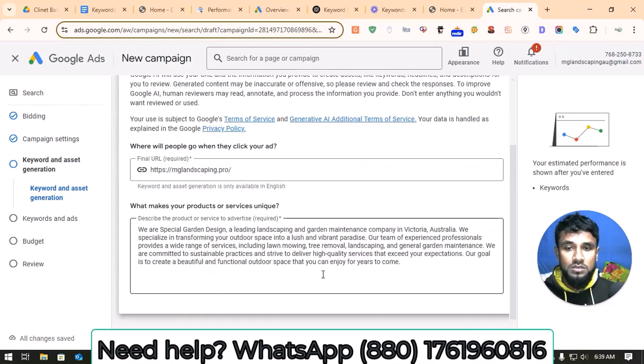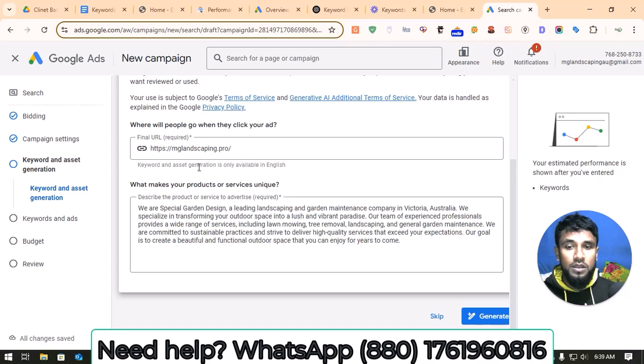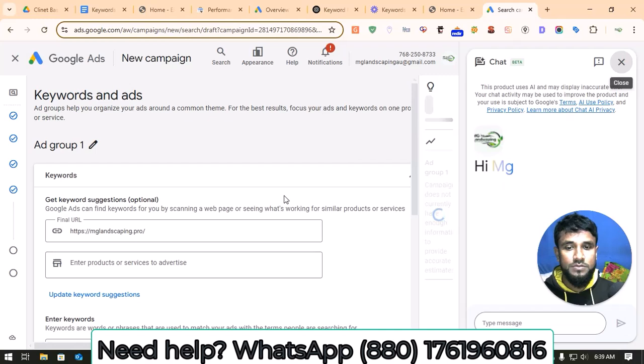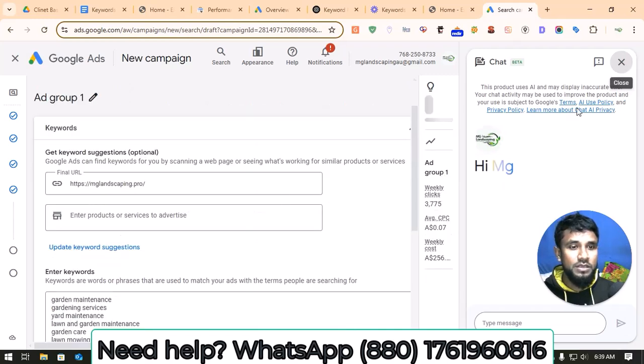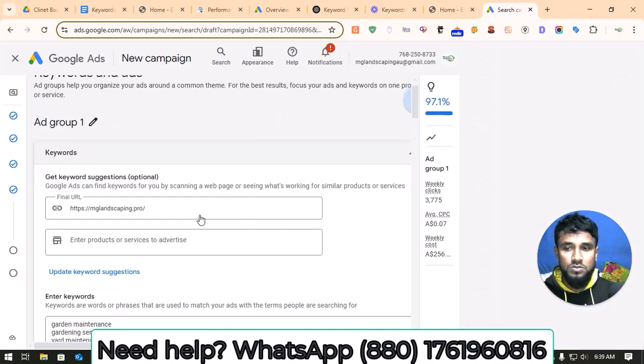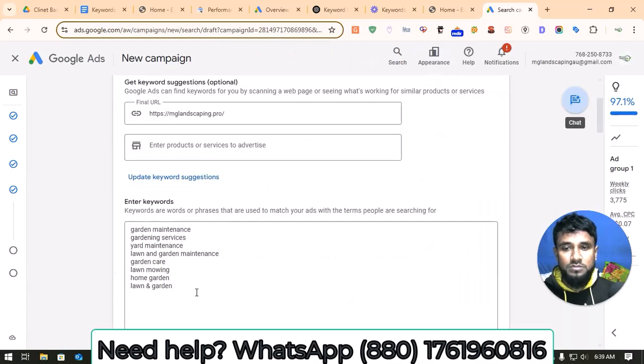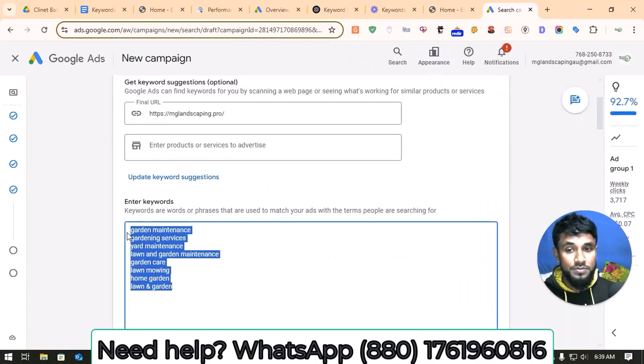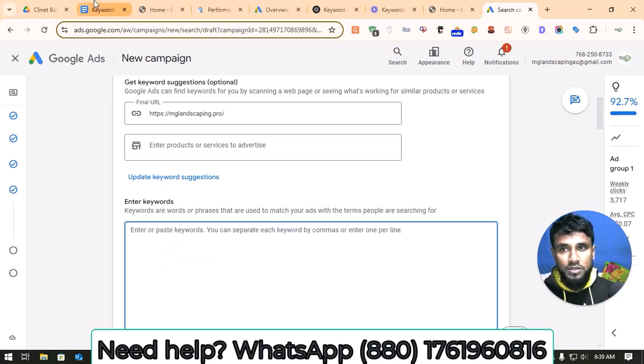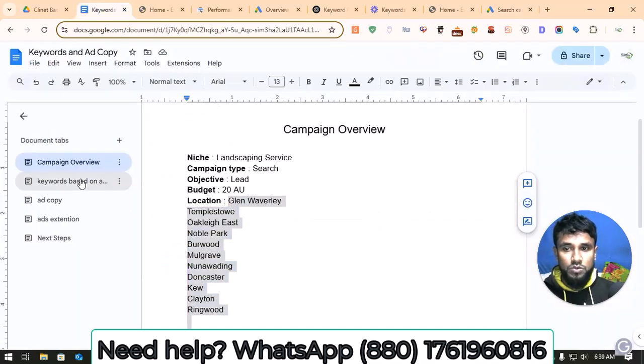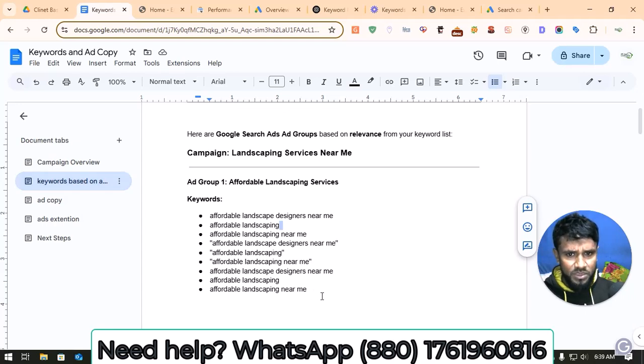Here you can see AI generated some information, please skip this one. And after clicking here, just close this one. They already give some keywords but we don't use these keywords. We already have researched keywords, so we will go to keywords, and here you can see I have used broad match keywords, then phrase match keywords,